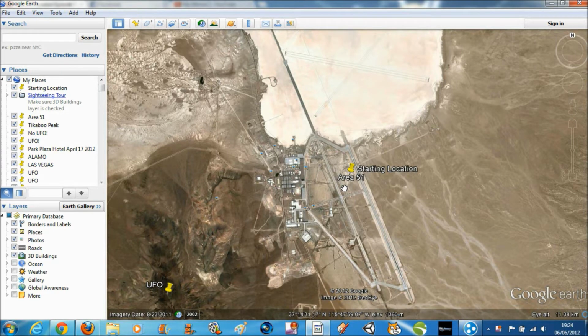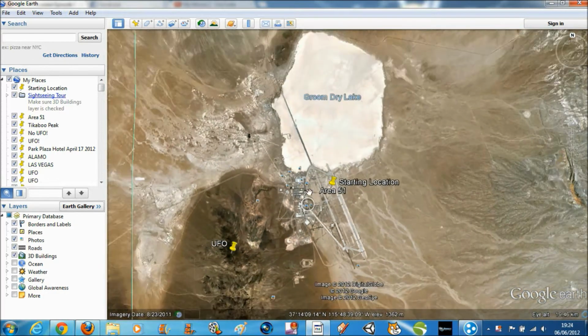Welcome to Area 51 Revealed, Episode 6. This episode is called Around the Base, and in this episode, as you can see, I will be showing you around the base on